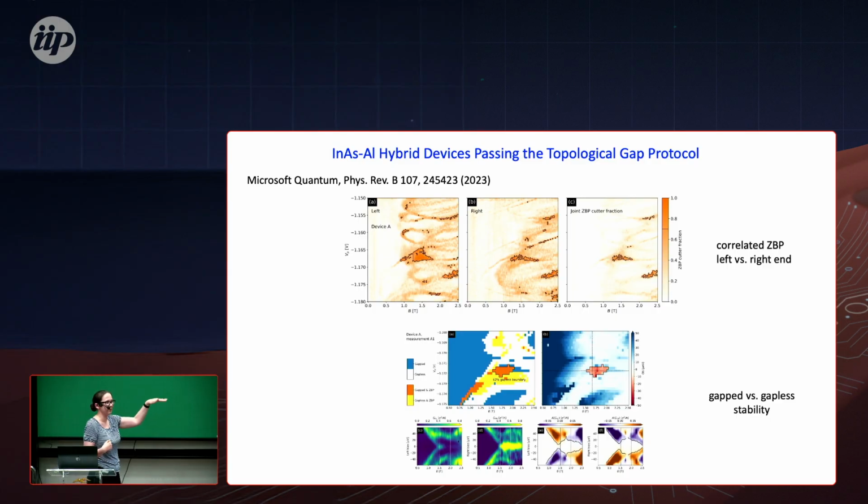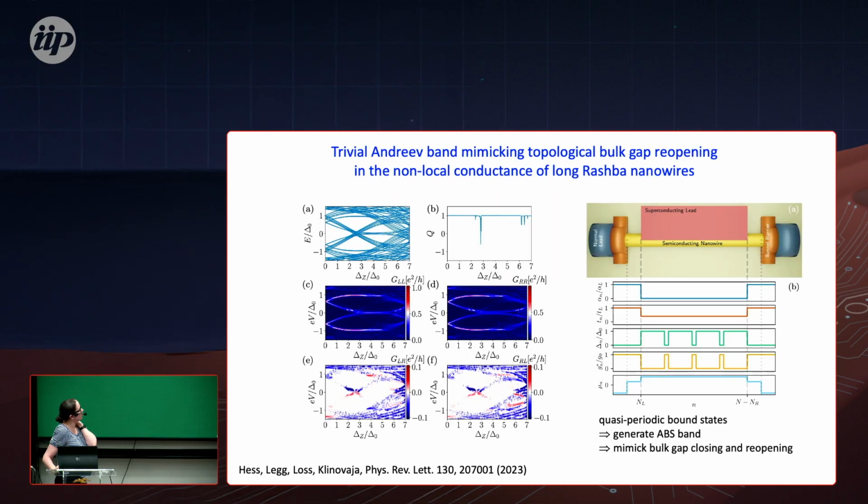So if you have Majorana states on the left, you should see also Majorana states on the right. And you should check that your system is gapped, so that you have this gap opening and closing. And this was at the origin of this protocol. But it was shown that, with these Andreev bound states, which could appear at zero energy, if you have a short nanowire, the same bound states which you can see on the left, you can also see on the right, because they would also leak through the nanowire if it's short enough. So if your nanowire length is around the coherence length, then you can indeed observe the same Andreev bound states on both ends, as well as mimic the appearance of gap closing and reopening due to disorder.